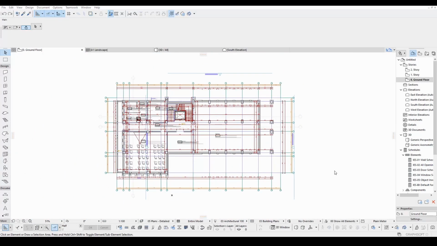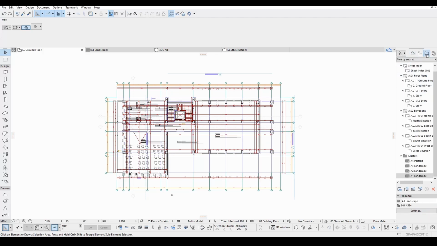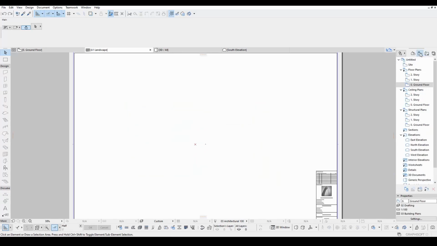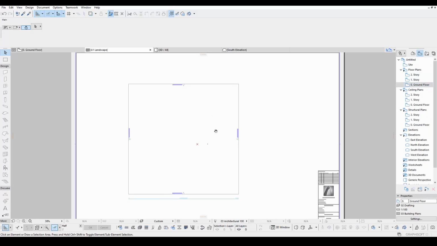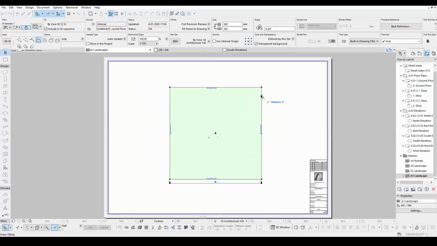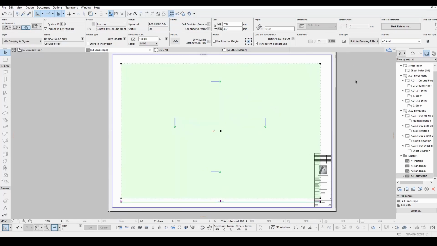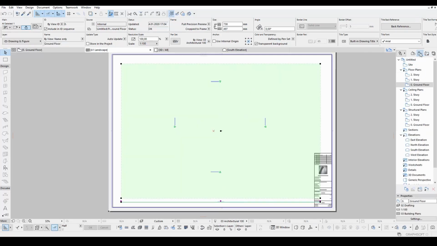Second one is Invisible Layouts. In order to demonstrate it, I'm going to show you an example. Let's place this drawing into an example layout. Let's drag this floor plan into this layout. As you can see, it's not visible. Let's extend to see it better. It's still invisible. To solve this problem, we will go to the View Map and we will right click it.